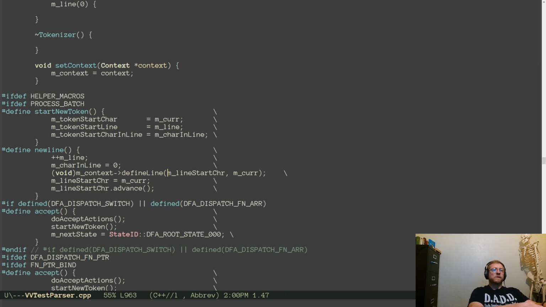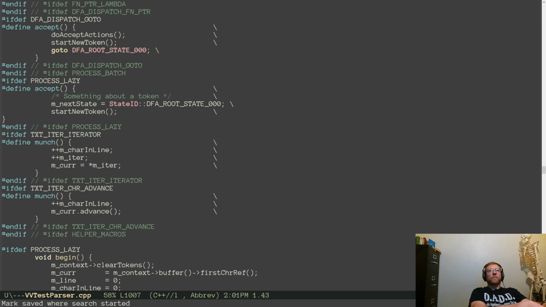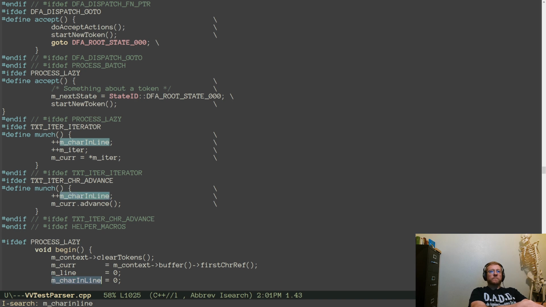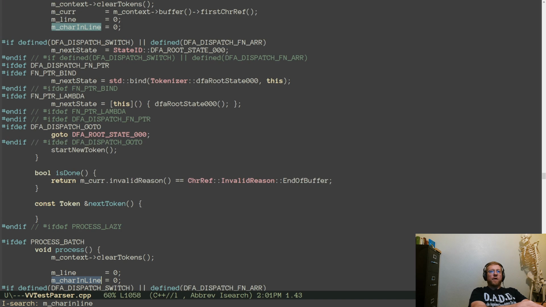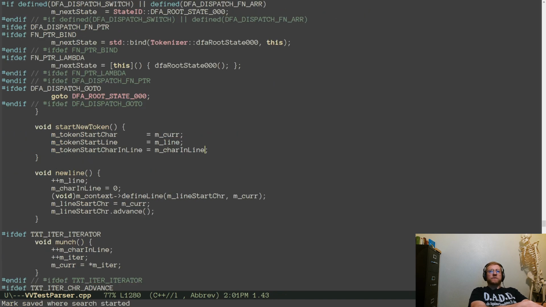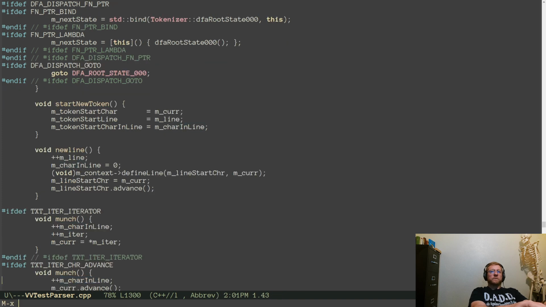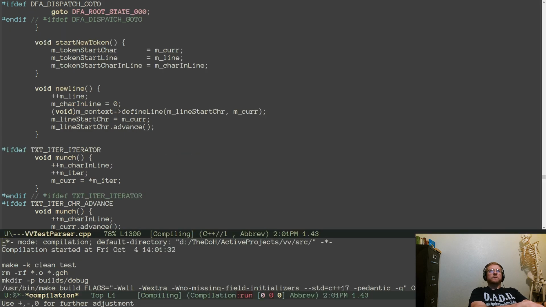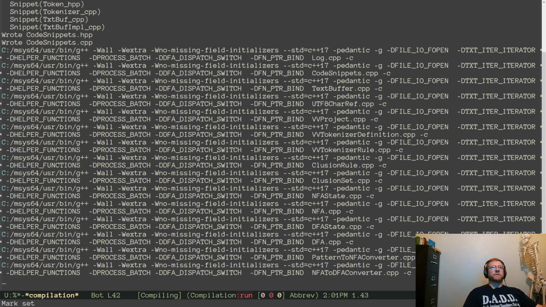Char inline. Bunch. We begin. Start new token. New line. Bunch. That's right. Let's see if walking backwards through a UTF-8 buffer is as trivial as we think.